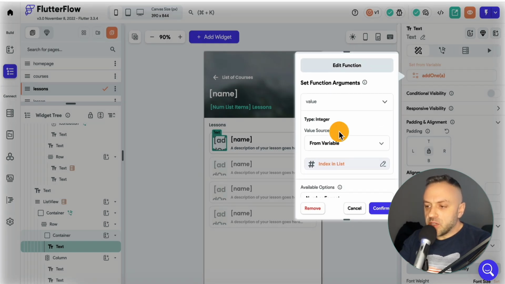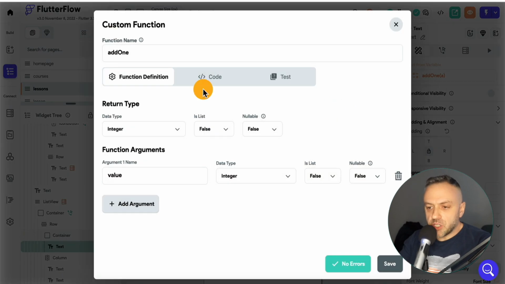And this function, right? If we click on edit function, we have our definition. Before you can write the code, you need to specify the return type. We need to tell this function, we need to have something called a definition. And the definition is going to be, well, what is the return type? And that depends on a couple of factors. Well, number one, it depends on what we're trying to achieve.